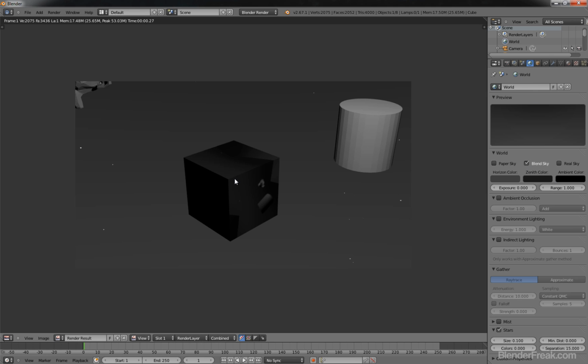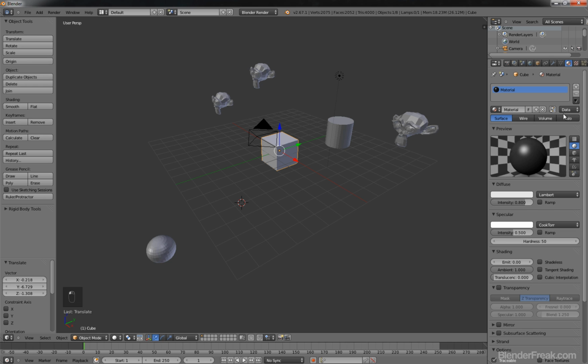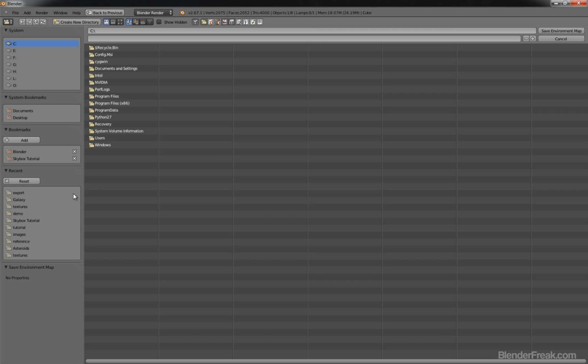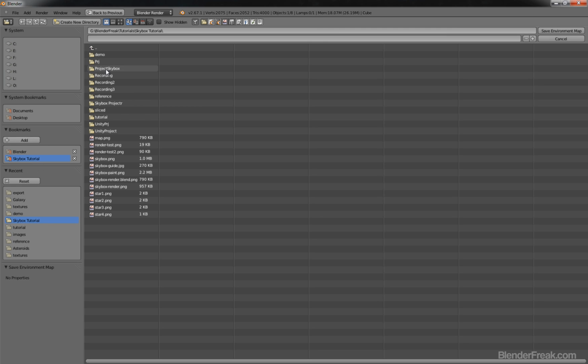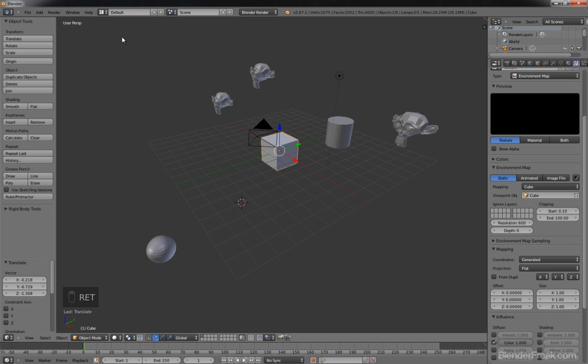So right now, if I select the cube and switch to the texture, again here you can see you can save your environment map. So I will create the directory and call it skybox test Blender. Okay,